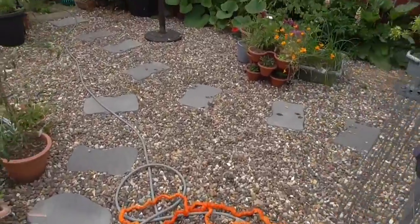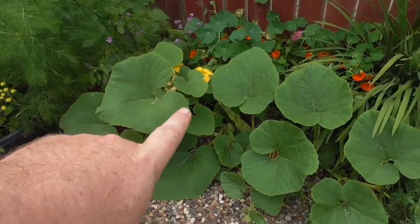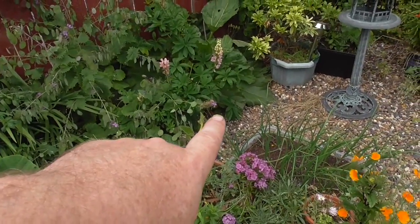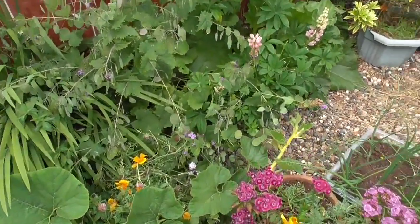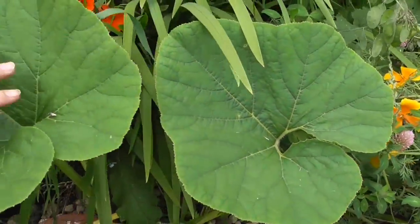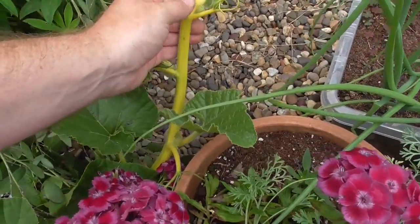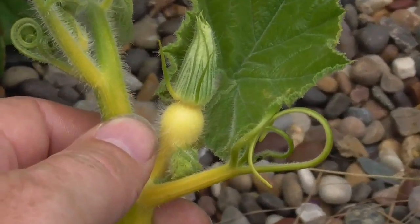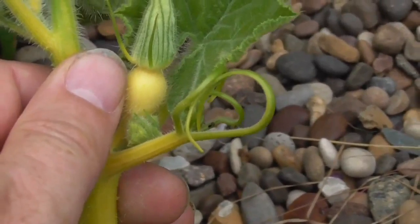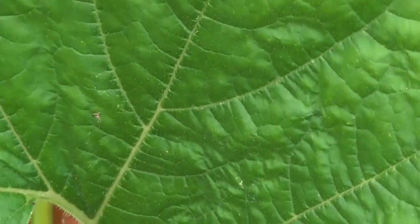And finally, and I can't leave without giving you a little update on how my pumpkin's going. There he is, starts there, goes along. He was about there last time, and then he's over there now. So he is growing at a rate. Plenty of leaves, absolutely huge they are. And again, to give you some scale of how he's grown, that's what he was like there about a fortnight ago, something like that. It was about the size of a thumbnail there. It's 2 weeks later, and behind here,